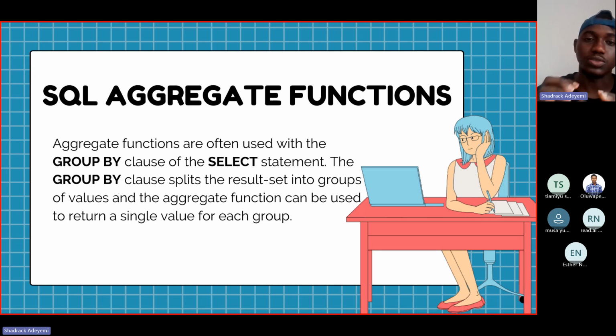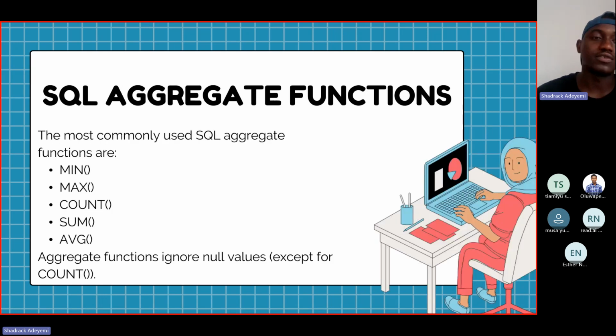So the group by clause will split it into groups. There's an advanced SQL function, which we will not be talking about now, that also does some of these kinds of operations. But for now, the group by clause is perfect for returning a single value in a specific group. We have some very popular functions: min, max, count, sum, and average.